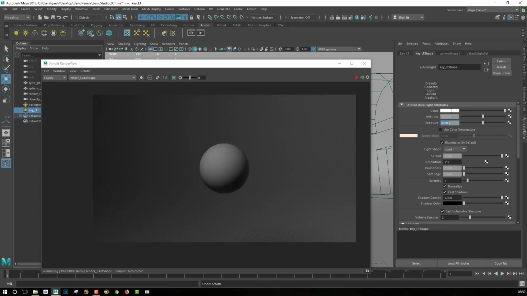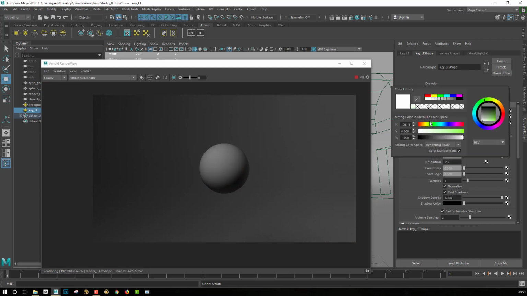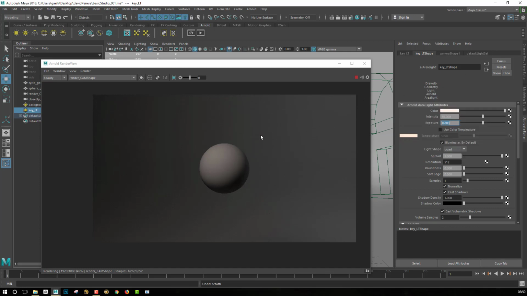So I have to admit that most of the time I prefer to play directly with the color, because I think that it's easier and more obvious to see what you're doing. You just select like the filter, the kind of filter that you want to light your scene, and then you will have a selection of colors that will be way more obvious, I think. So I recommend you to keep it easy and to play directly with the color.